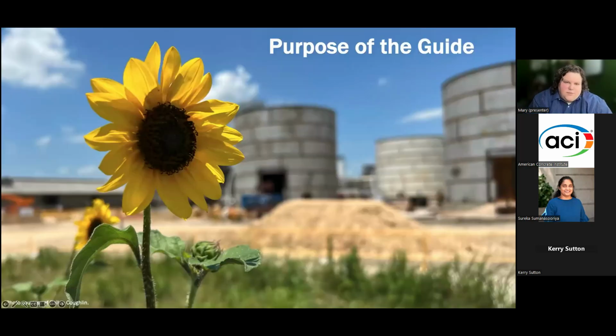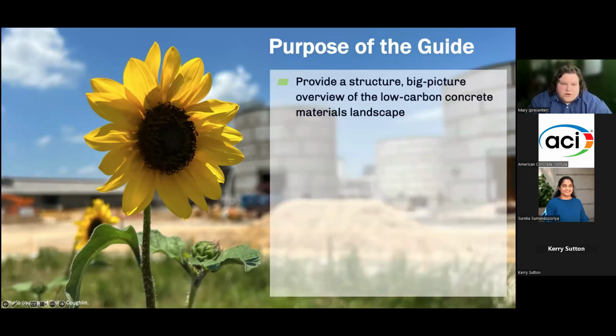All right, I wanted to start out by talking about how this guide came to be and what the purpose of it is, with the hope that it will help make sense of how it's organized. The guide largely started as a small document that would go over some of the low carbon concrete materials out there. As we started to write that, we said it would be really useful to have an overview of the baseline traditional Portland cement concrete. So we added that. Then as we started to talk about global warming potential and embodied carbon, we said we should explain what those things are. And so it has really blown up into a much larger document.